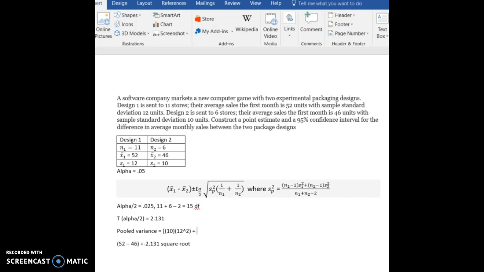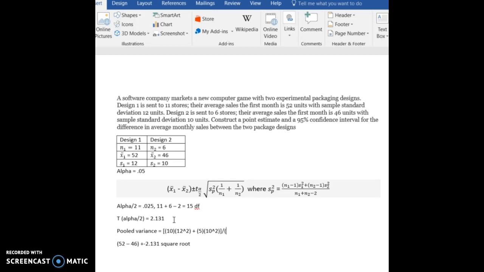And then we will have n2 minus 1. Well, that's 6 minus 1, so 5. And then s2 squared, so 10 squared. Of course, I could figure out those answers fairly quickly, but I'm just writing it out for you to see the steps here. And then divided by,